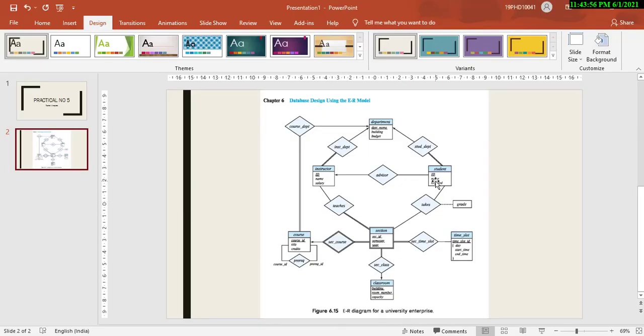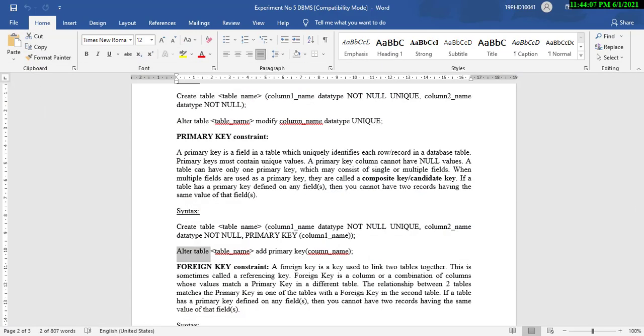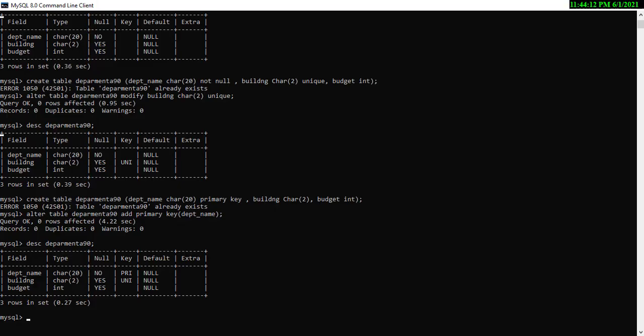Instructor is the next table that I wish to create now. The instructor table has ID as the primary key, and name and salary. So create table instructor A90, then ID, suppose it is a varchar with 10 as the size, and it is a primary key.